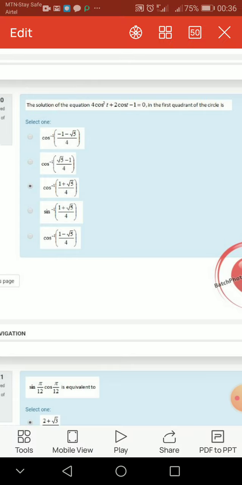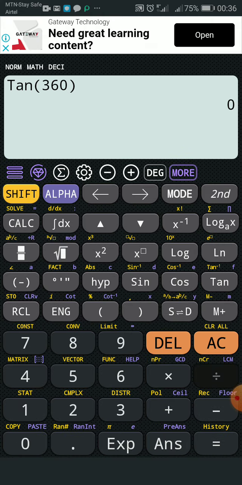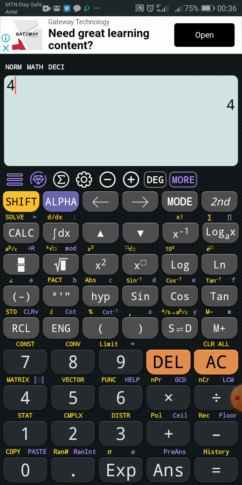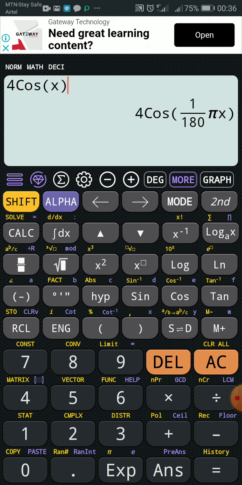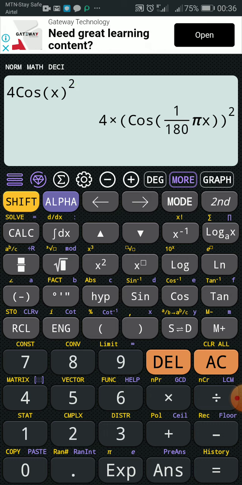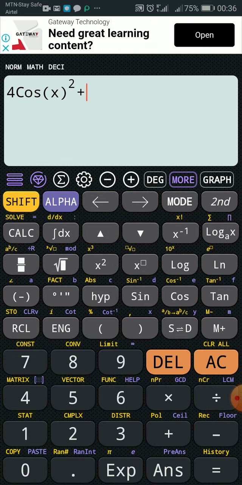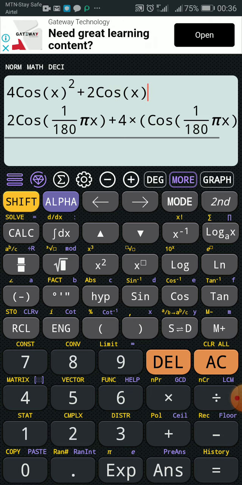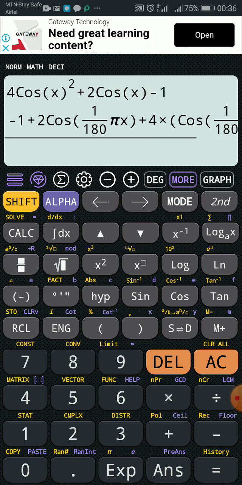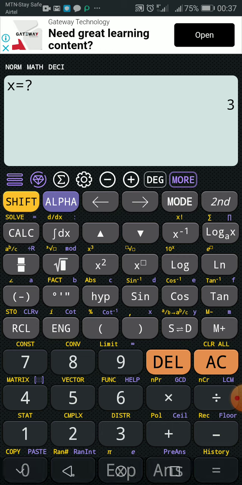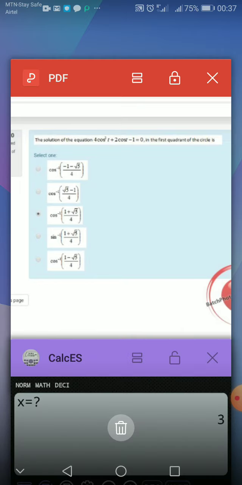So let's write the equation first. So we have 4 cos squared t. So let's see, 4 cos, we say alpha x in place of t, close the bracket, then square it. That's how you write cos square. Okay, then you have plus 2 cos t minus 1, plus 2 cos alpha x. Okay, close the bracket, then minus 1. Don't be distracted by what my calculator is doing. Okay, so we are going to press calc. So we'll check each of those options. Any one that gives us